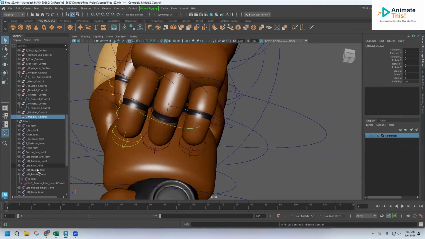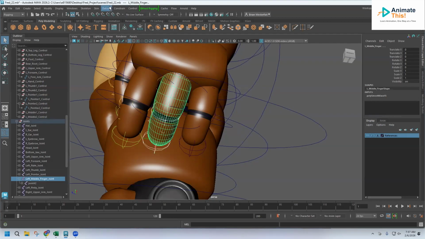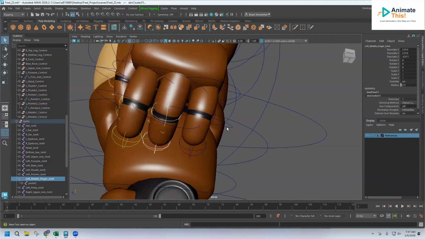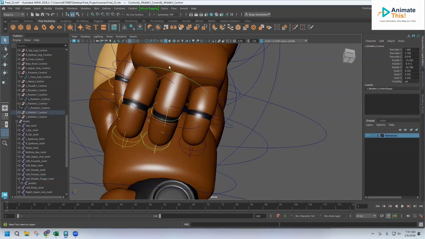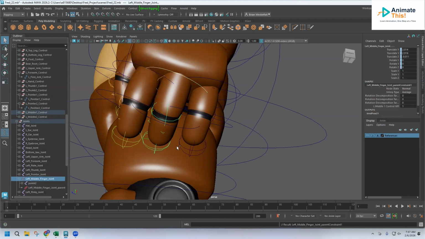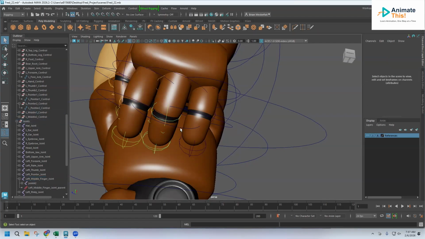Then I'm going to go ahead and close the pointer and open the middle finger joint. I'm going to select the middle finger and the mesh, go skin, bind skin. Then I'm going to grab my middle finger 1 control and select left middle finger joint, do constrain parent, click away, grab the next controller,